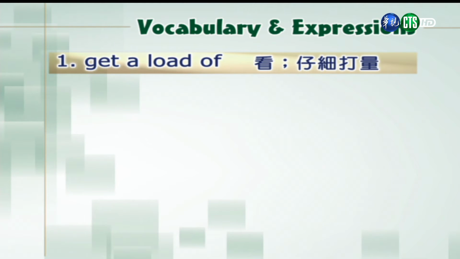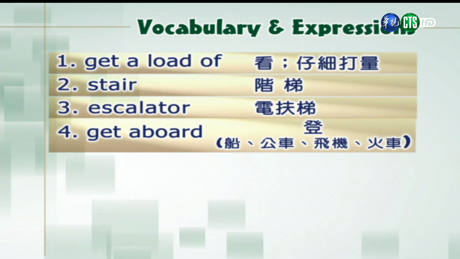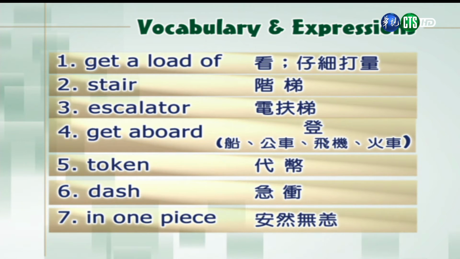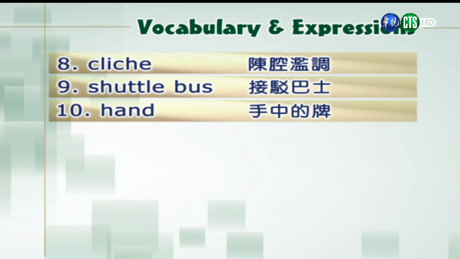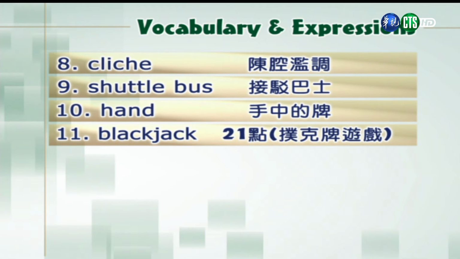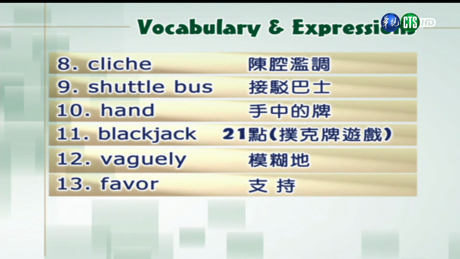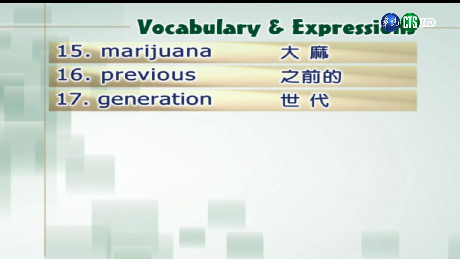看，仔细打量。Stair. 阶梯。Escalator. 电扶梯。Get aboard. 登船、公车、飞机、火车。Token. 代币。Dash. 急冲。In one piece. 安然无恙。Cliché. 陈腔滥调。Shuttle bus. 接驳巴士。Hand. 手中的牌。Blackjack. 21点扑克牌游戏。Vaguely. 模糊地。Favor. 支持。Legalization. 合法化。Marijuana. 大麻。Previous. 之前的。Generation. 世代。Joint. 大麻烟卷。